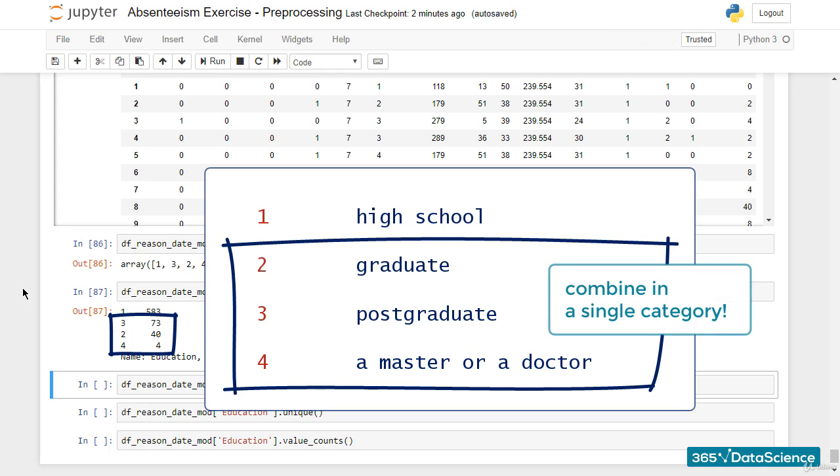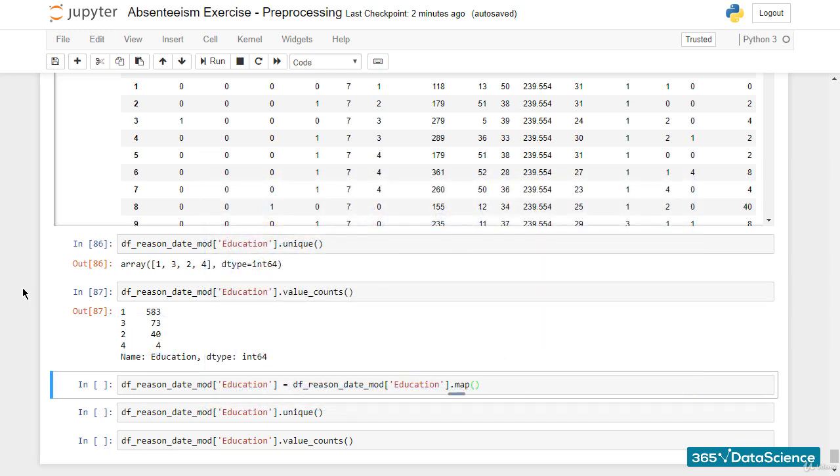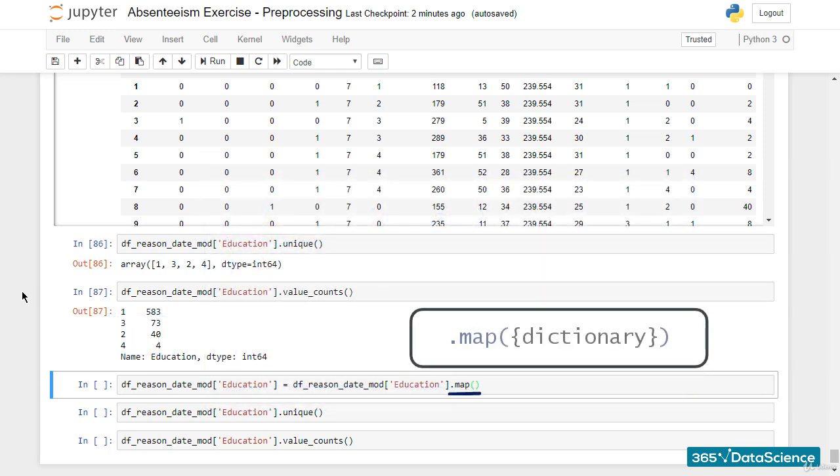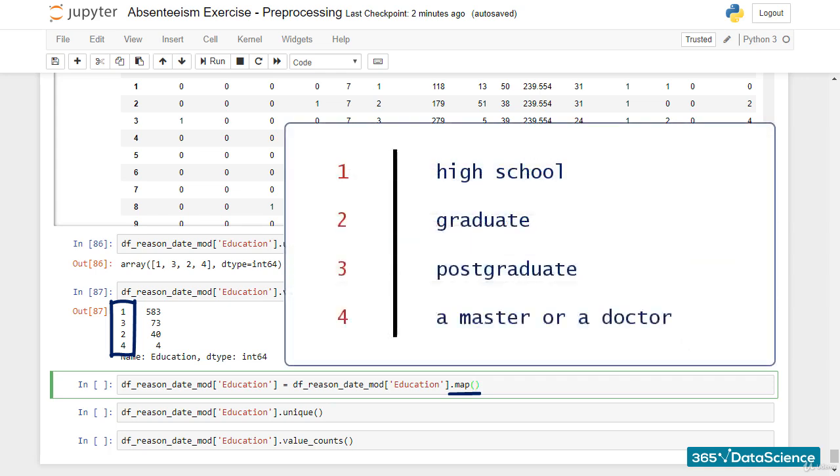Technically, this should be done by overriding the content of the education column. After typing .map and opening parentheses, we must insert a dictionary whose key value pairs will be composed of the existing numbers that'll act as keys, and the new numbers, which will stand for the values. For instance, up to this point, only high school graduates had been marked with the value of 1, but we want to substitute this value with 0. So, after the parentheses, we can map 0 in the place of 1 by opening braces, as we should do every time when using a dictionary, and writing